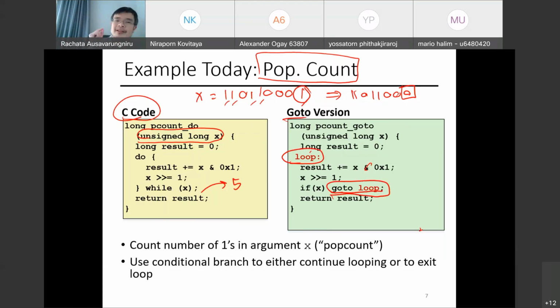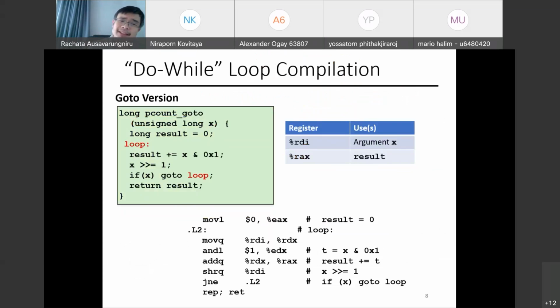Why do I implement this code using goto? The reason behind that is the goto version kind of resembles the assembly code, right? I don't have a loop in assembly, but I have the jump instruction. The jump instruction has similarity with the goto instruction. Go there, right? So let's break this down and convert this to assembly by first assuming that RDI is X